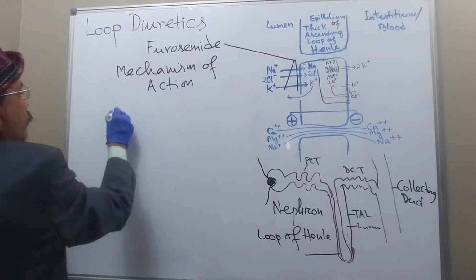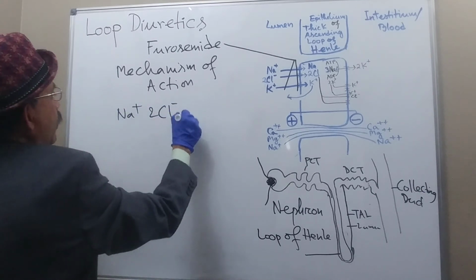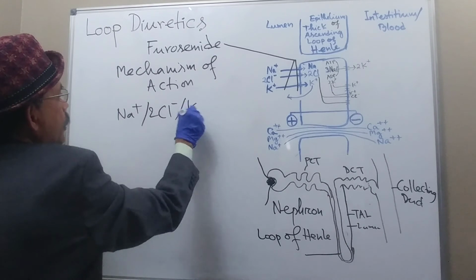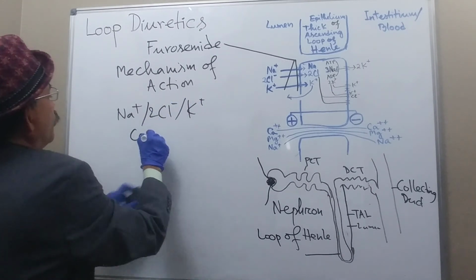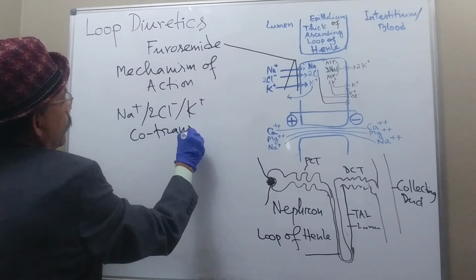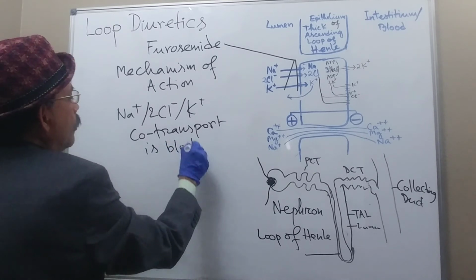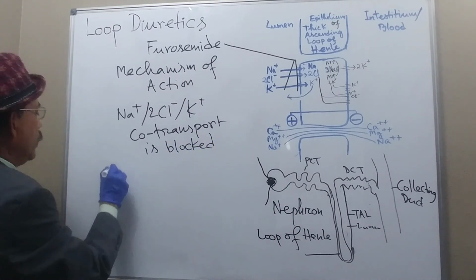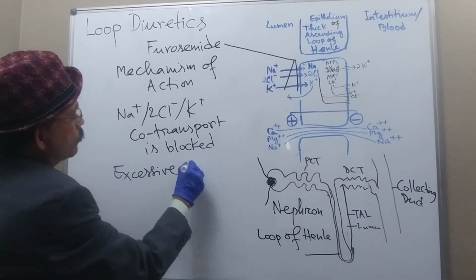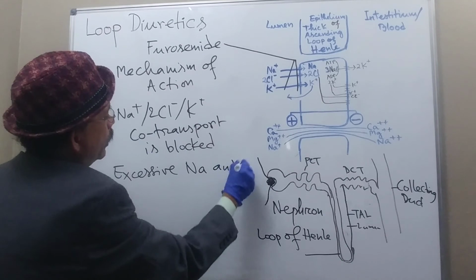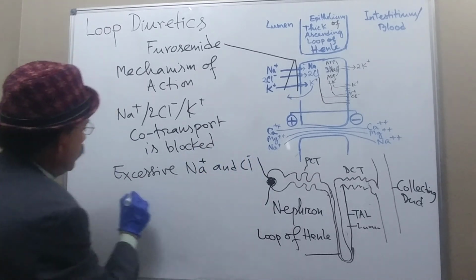So sodium, 2 chloride and potassium co-transport is blocked. Co-transport is blocked. Then what will happen? There will be excessive sodium and chloride. Okay, sodium and chloride will be